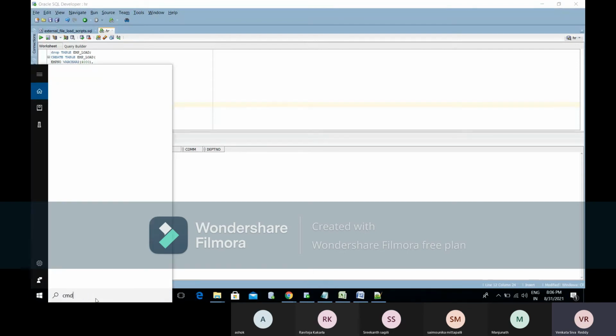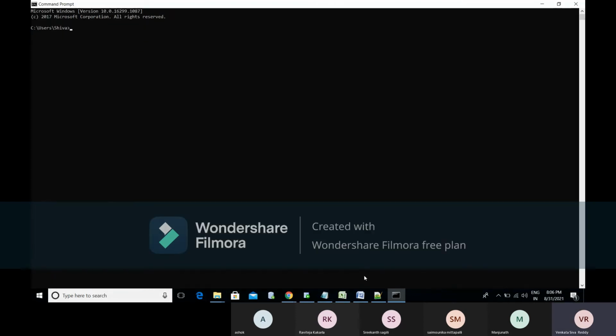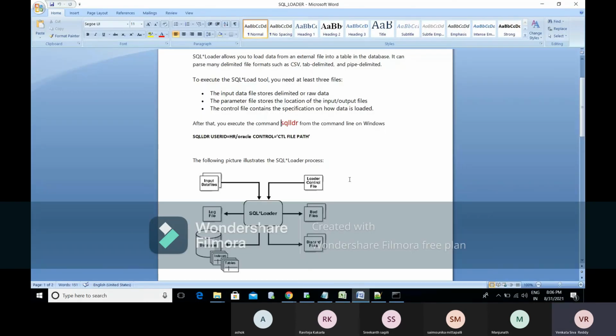If you want to run the SQL loader scripts, we need to use the command prompt. In the office or real-time environment, we'll use PuTTY, not the terminal.